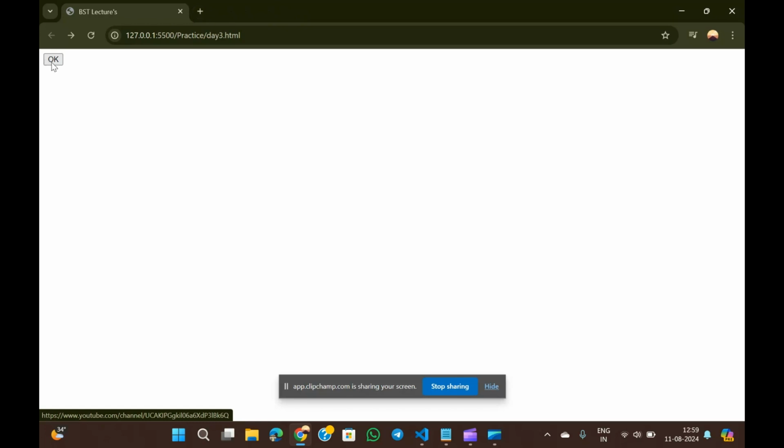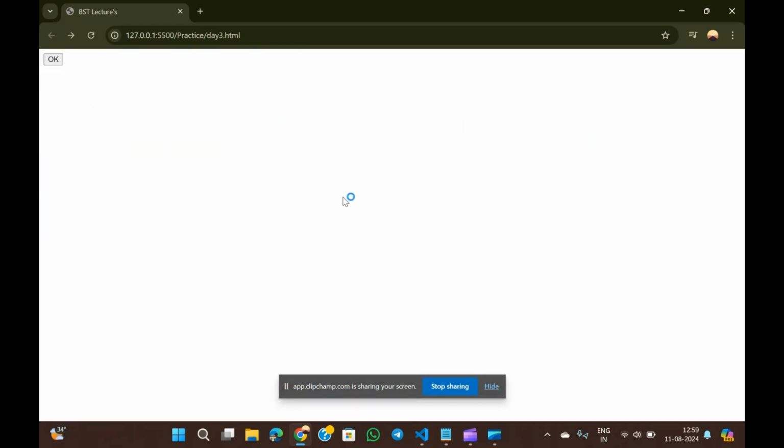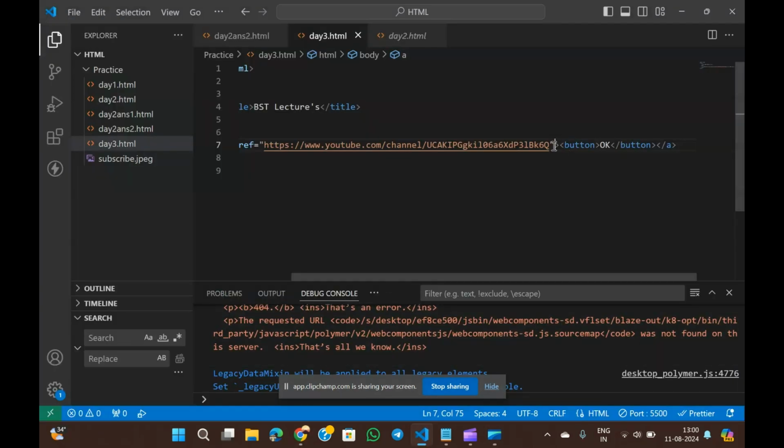If you use target, the link doesn't open in the same tab in which the HTML page is there. Now let us use the attribute named target is equal to, and here we have blank, parent, self, top. We have these many types.